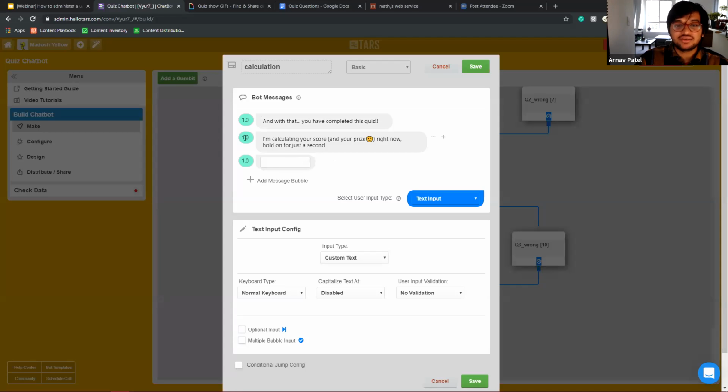I'm going to do something a little bit interesting over here. I'm going to tell the user that we're calculating their quiz results. I'm going to add a message delay of maybe 3 or 4 seconds so that they think there's something happening behind the scenes, and the bot is calculating what their prize is. And then after 4 seconds, it's going to say, okay,